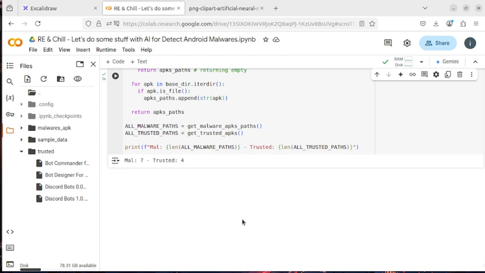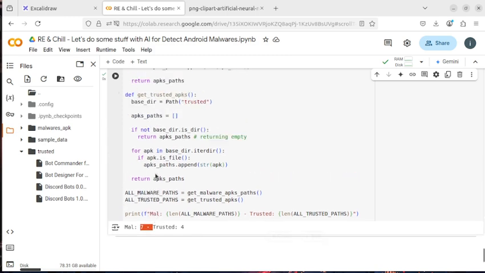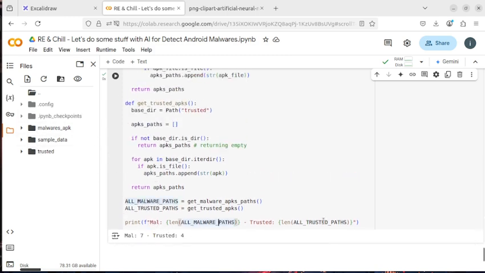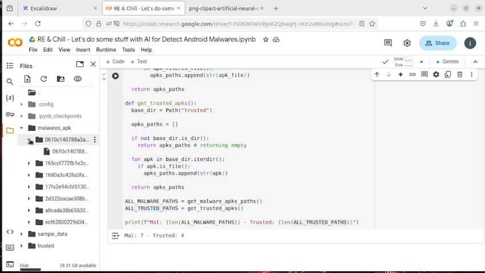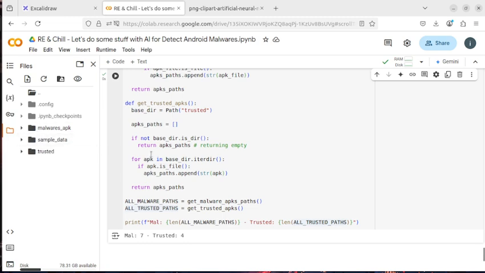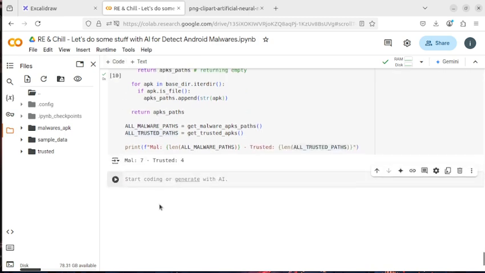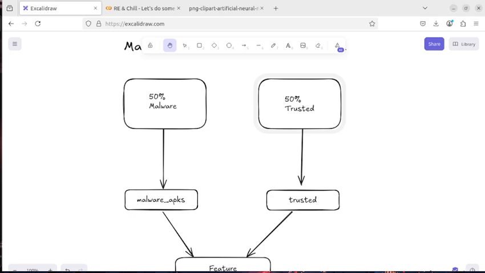So now, after doing this, we have the count of the samples that we have in each folder and the paths of each sample. For example, each APK file here and each APK file in each subdirectory here, we have all the directories to process, right? So, let's process. So guys, for the process, if you remember from our last live stream,